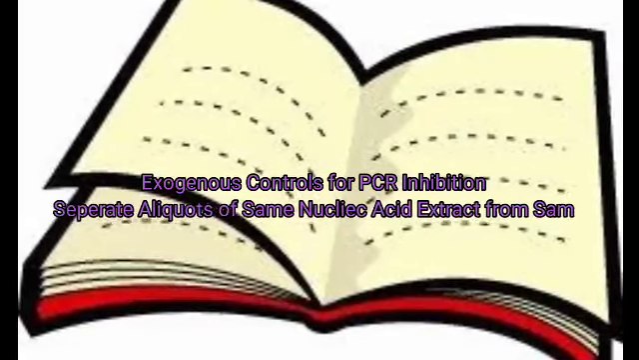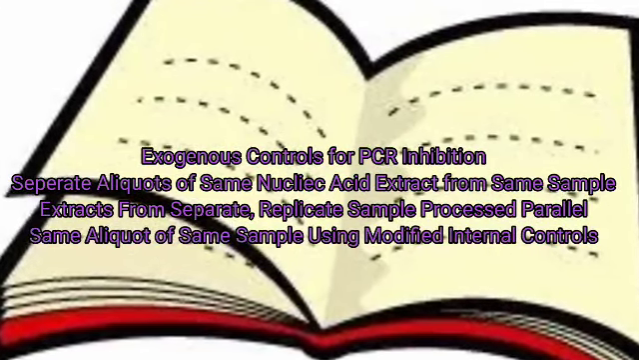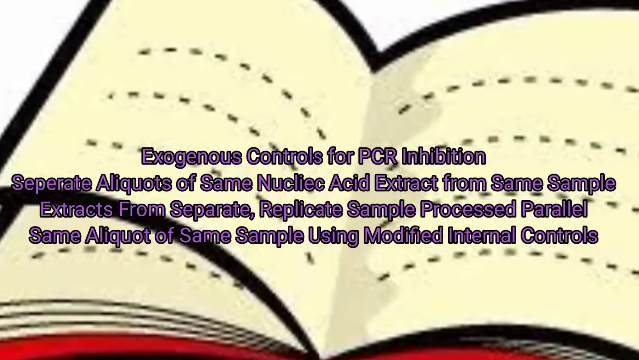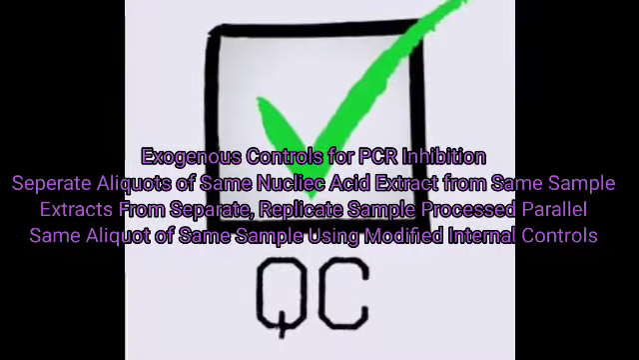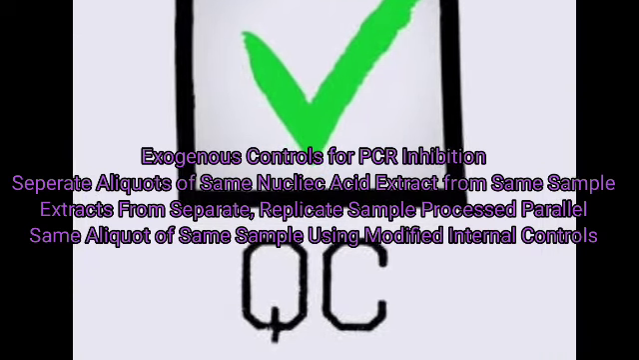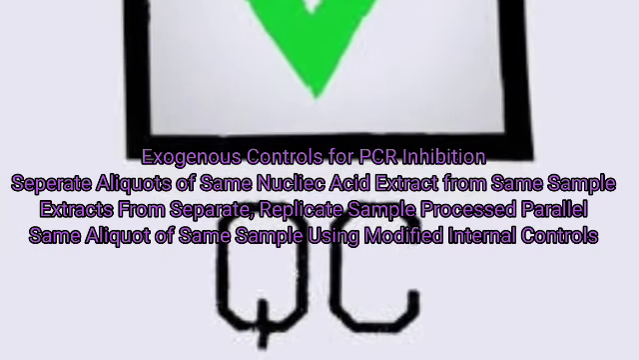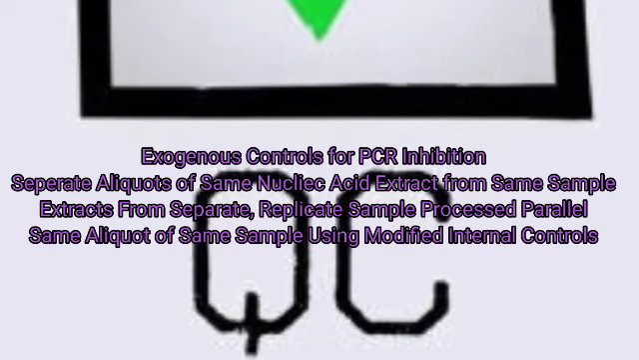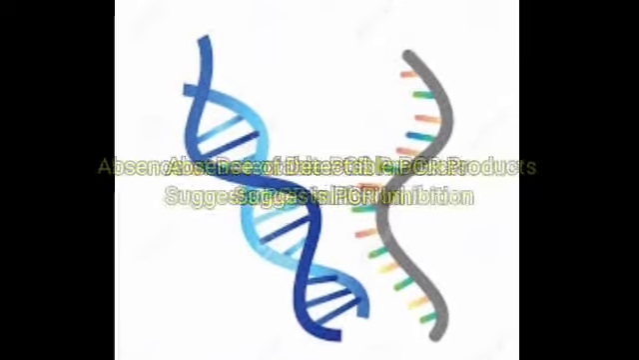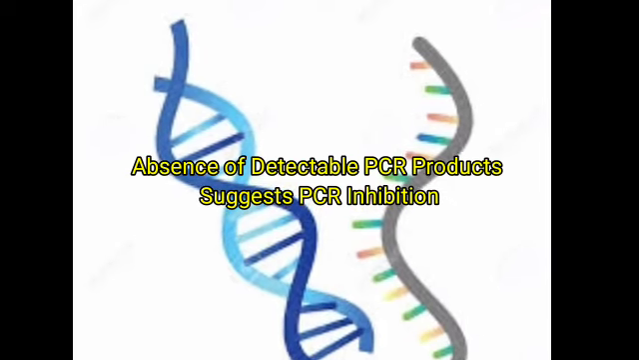Exogenous controls can be used to analyze PCR inhibition in several ways. This can be used in the following ways: as a separate aliquot of the same nucleic acid extract from the same sample. It can be extract from separate replicate samples processed in parallel, or it can be the same aliquot of the same sample using modified internal controls. The absence of detectable PCR product from these controls